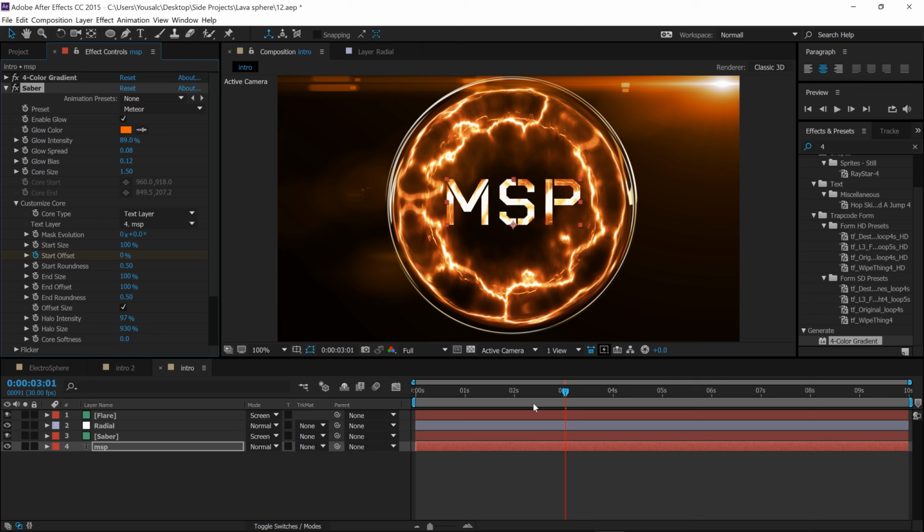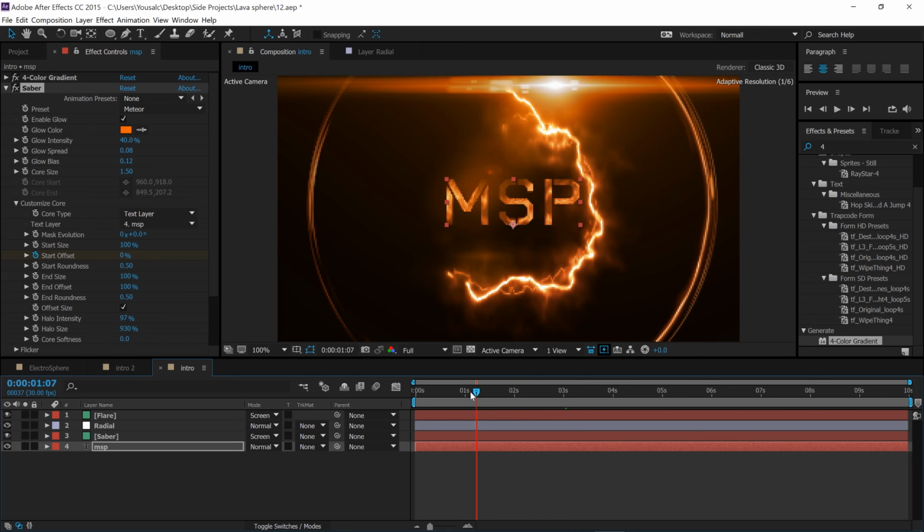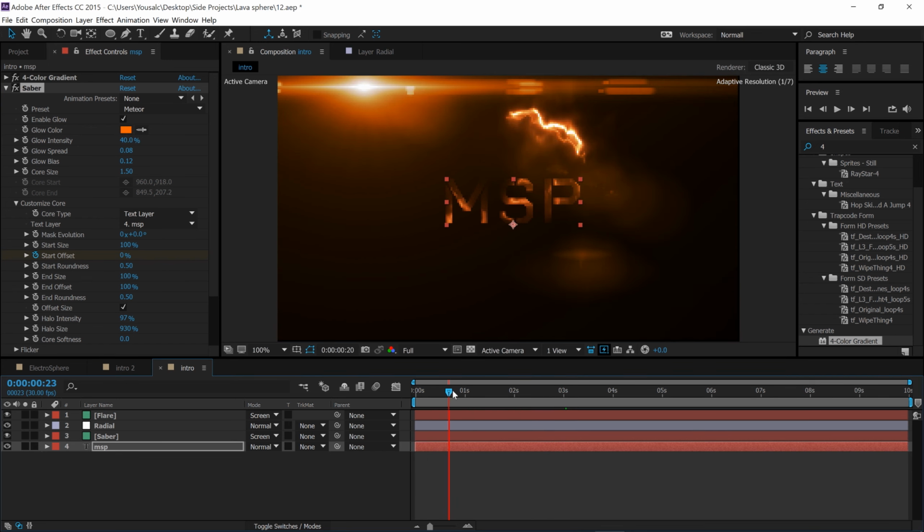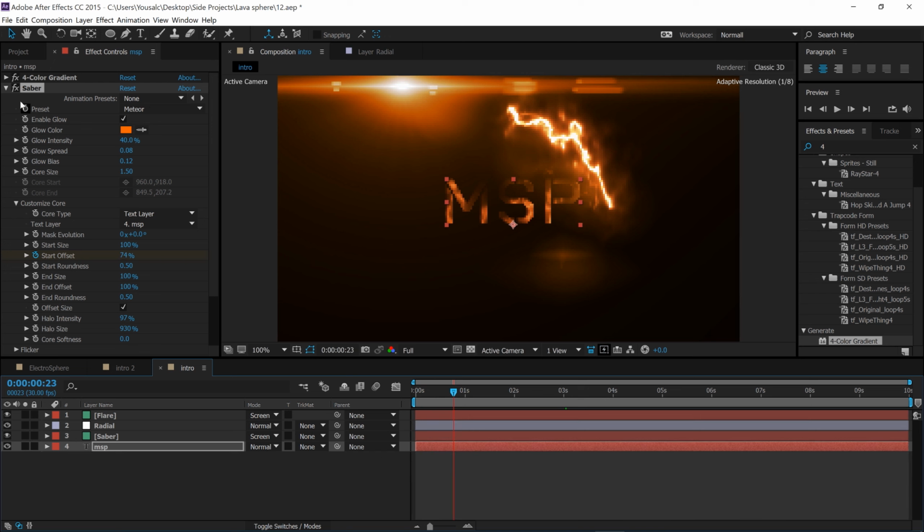And once you do that, it should look something like this. Go to the glow intensity and make this 40%. Okay, that looks pretty nice. And as you can see, let's just check a preview. Now it's not perfectly lining up, so